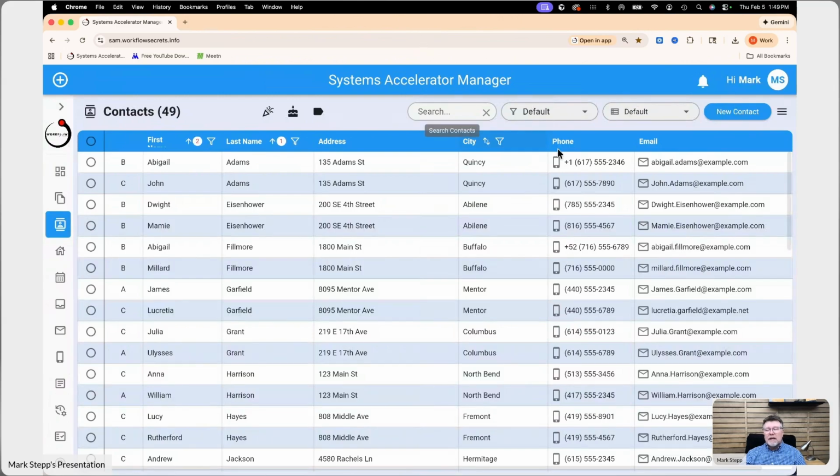We use the product just like you do. So whenever we find something we want, we add it. So whenever you're in your list here, if you sort by a given column, let's just say I sort